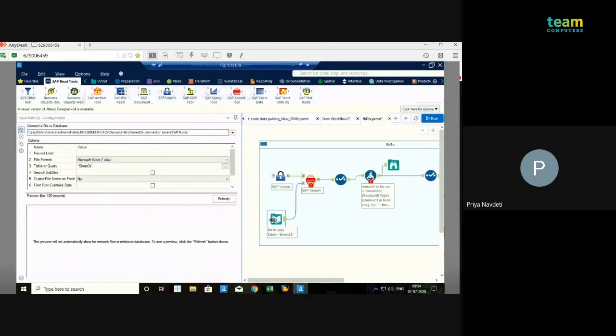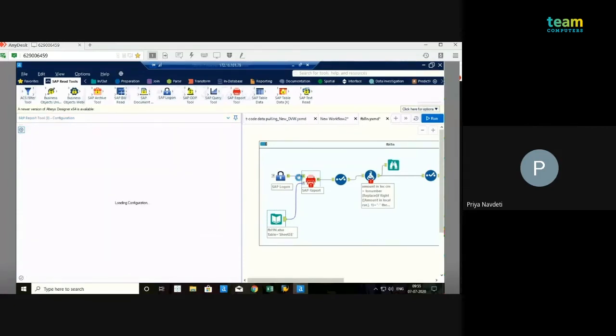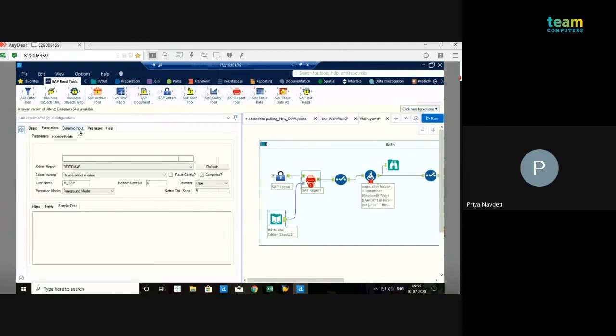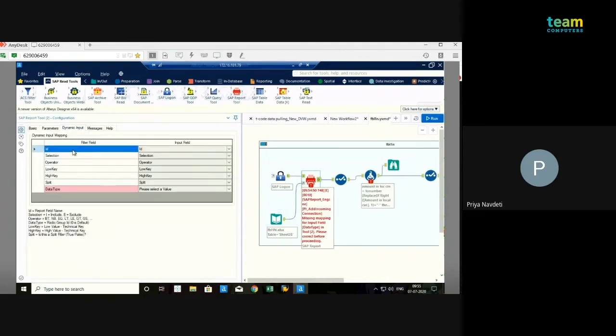For dynamic input, we have to identify what our ID, selection, operator, low key, high key and split are. So we can take help of the SAP report tool. Here we have the dynamic input, so we have to copy this field as it is, and enter it in one of the Excel sheets.